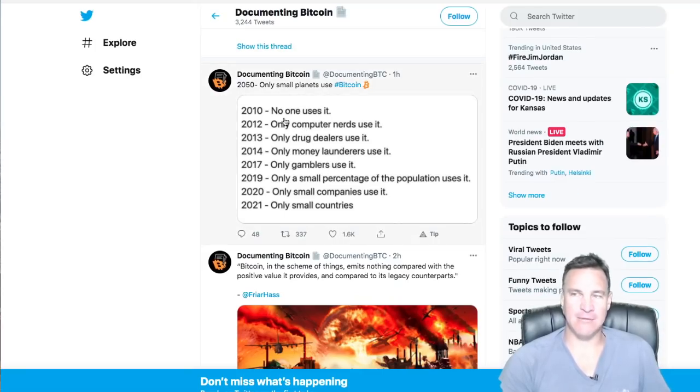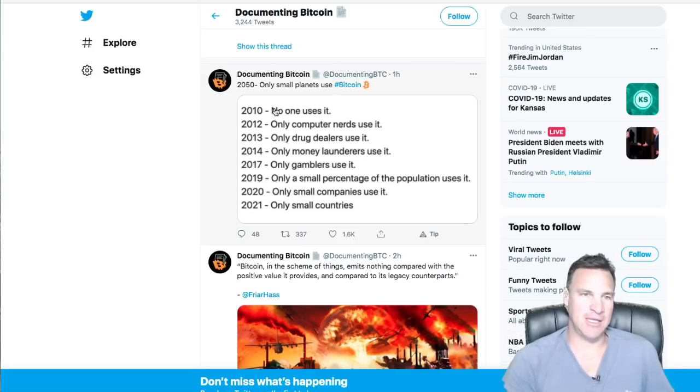I thought this was just a great little reminder of the long-term situation here in Bitcoin. So 2010, no one uses it. 2012, only computer nerds use it. 2013, the famous Silk Road days, only drug dealers use it. 2014, money launderers use it. 2017, there are gamblers. 2019, a small percentage of the population starts using it to protect their wealth against the